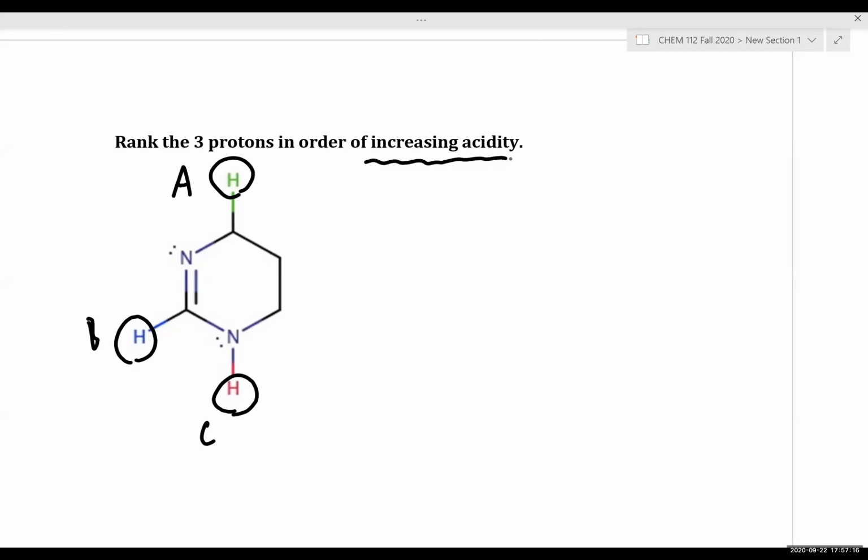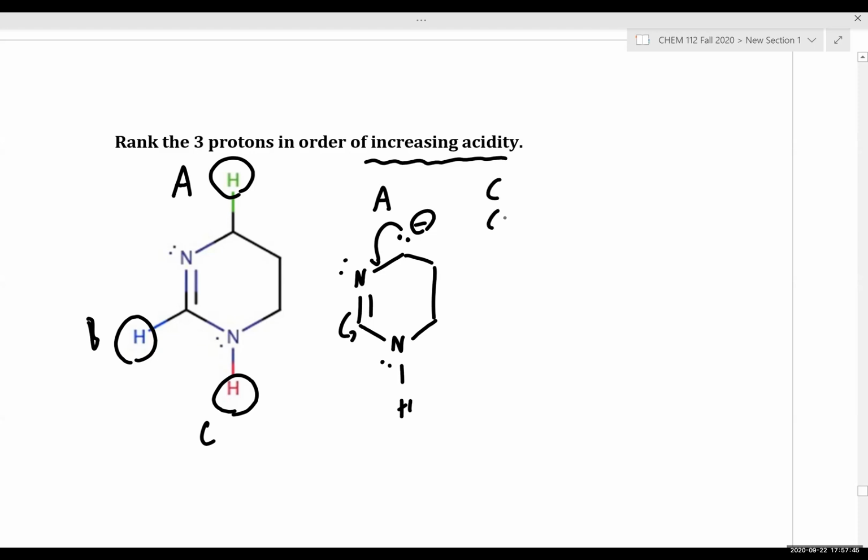So first, let's draw some conjugate bases. If we look at proton A, we can delocalize our anion via resonance. However, we don't exactly delocalize our anion over very electronegative atoms. So we're able to delocalize our anion over 2 carbon atoms. Okay. If we look at proton B,